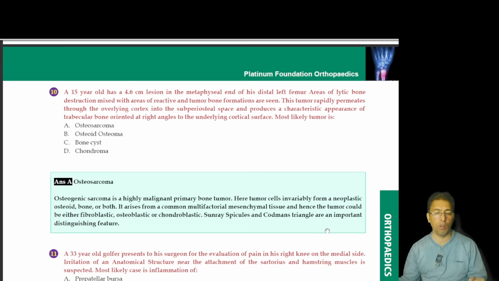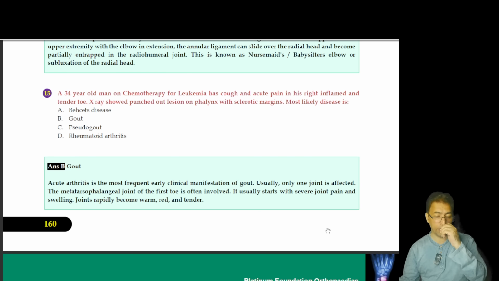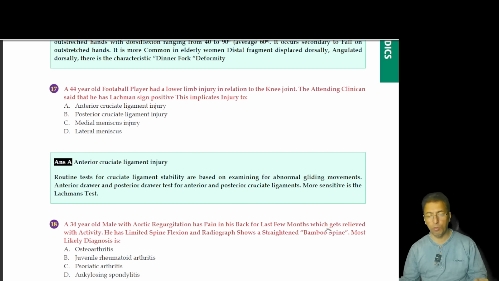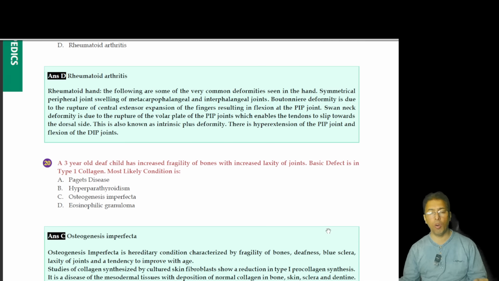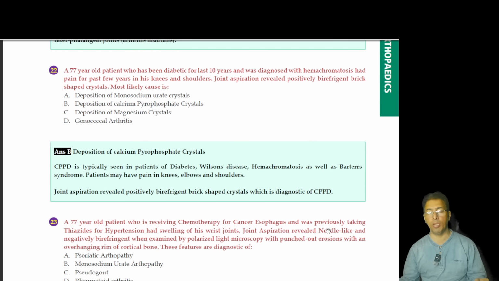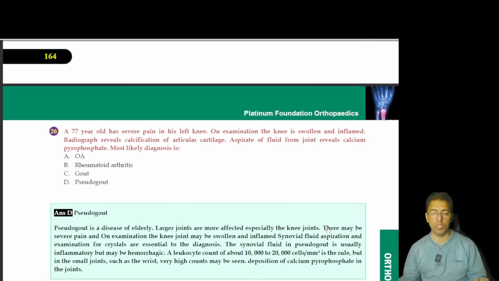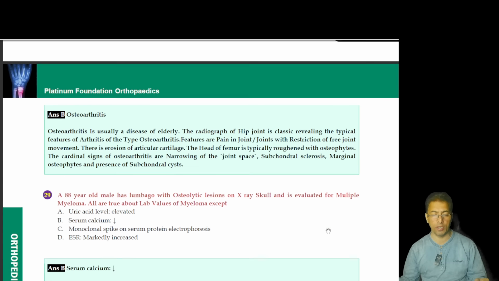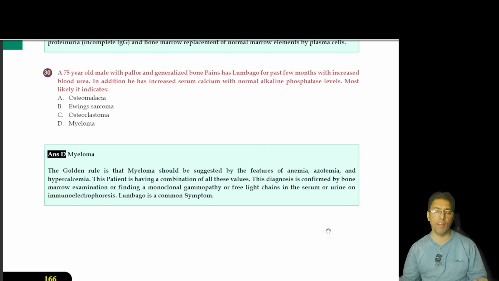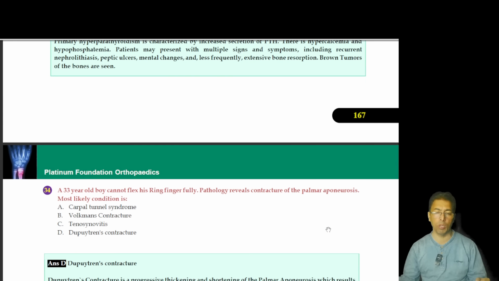How do we come to a conclusion in the clinical scenarios about bony tumors, then the clinical scenarios about some rare congenital pediatric orthopedics. Then we also come across all the clinical conditions which have been previously asked. These are some of the questions which have been asked in our previous years' examinations. So there's a lot of focus on Paget's disease. You can see pseudo-gout, tenosynovitis, osteoarthritis, the lab values, the myeloma, the osteomalacia, chronic osteomalacia, metabolic bone disease.